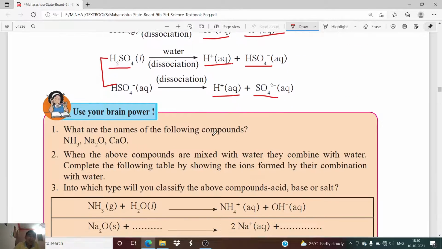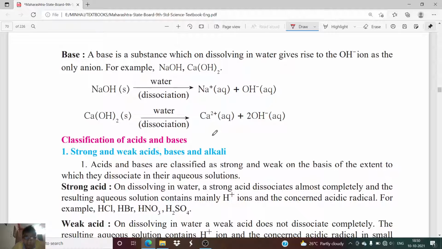Now let us see the definition of base according to Arrhenius. He states that a base is a substance which on dissolving in water gives rise to the OH- ion as the only anion, that is the acidic radical. For example, NaOH and